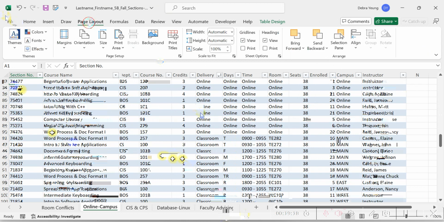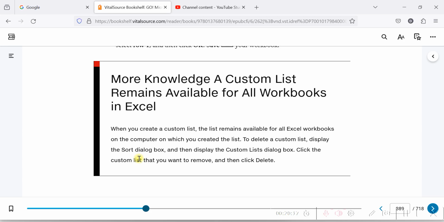Alrighty. More knowledgeable: custom lists remain available for all workbooks in Excel. Oh, it remains available for all Excel worksheets. So it's kind of a universal, generalized sync zone, if you will, and it all stays there. I did not know that. Next,